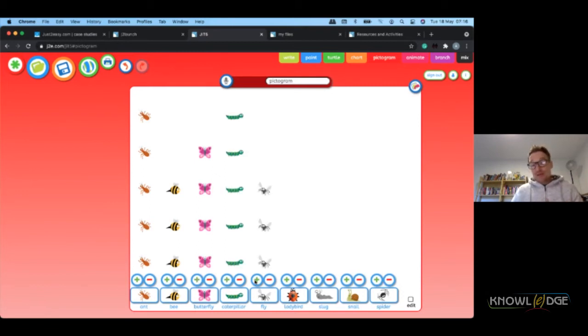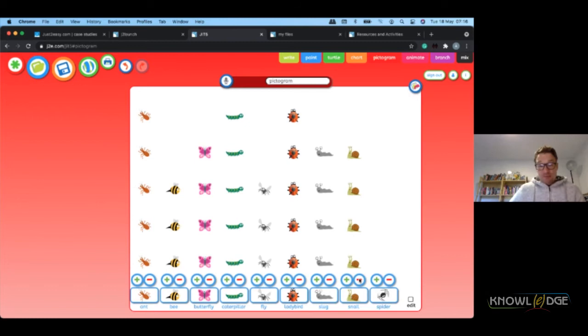And you can see how this very simply works by tapping on the different items and seeing what you've got there, which I said can be changed at any moment in time. Which leads to more of an opportunity to ask those inquiring questions, such as, how many more ladybirds did we find than bumblebees, or how many fewer flies there were than slugs, for example. And children can also make a description about this.